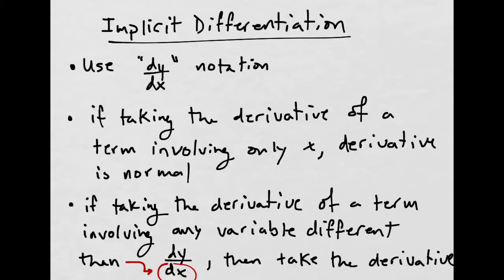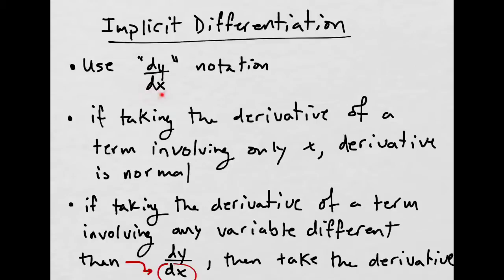Okay, now we're looking at implicit differentiation. Should be fairly simple for these problems. There's not too much that's tricky except for maybe one thing, and I'm going to point that out without pointing, but you can't see. I think, in my opinion, it's best to use the dy dx notation because if you're